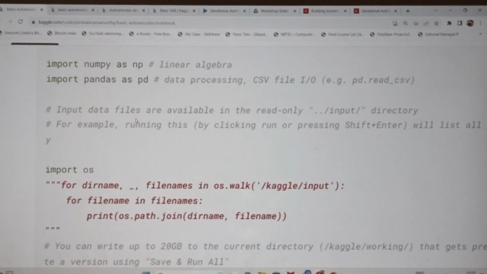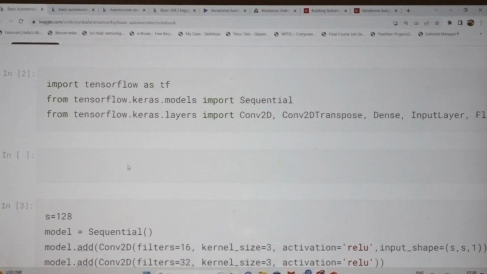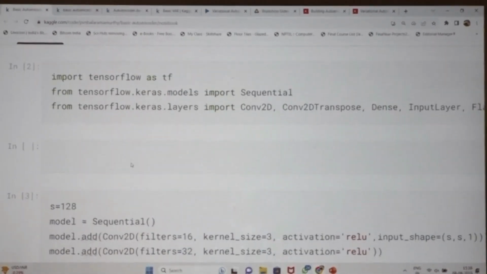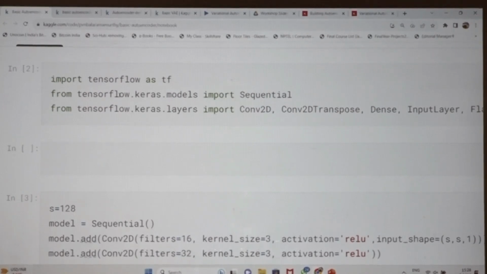Okay, so let us see here. First we are importing TensorFlow. It is a library for neural networks. In the old version we had TensorFlow and Keras, two libraries.